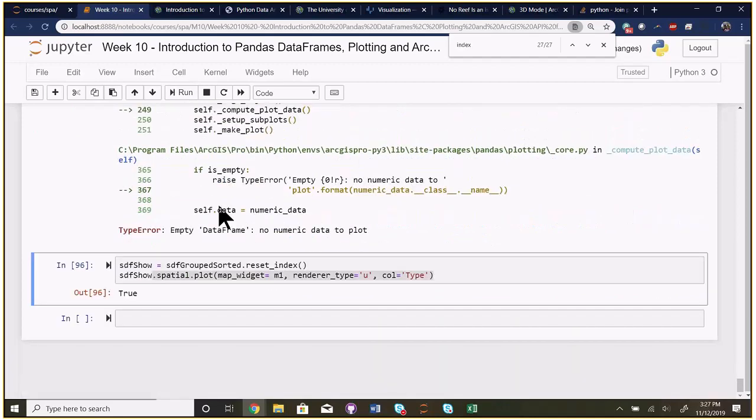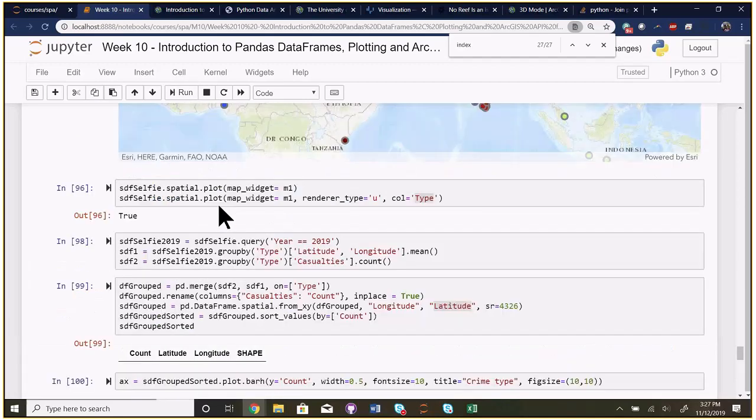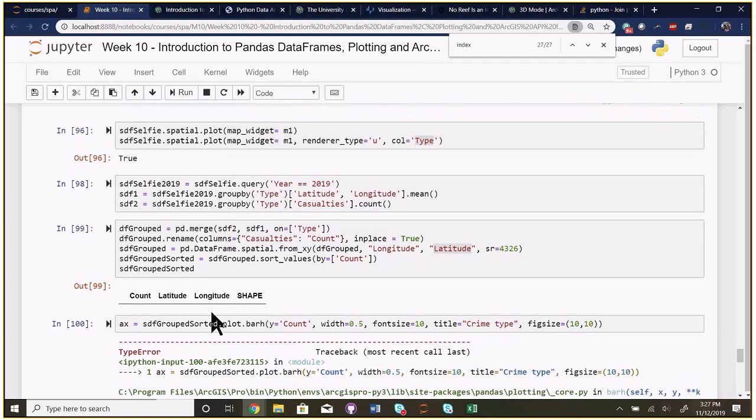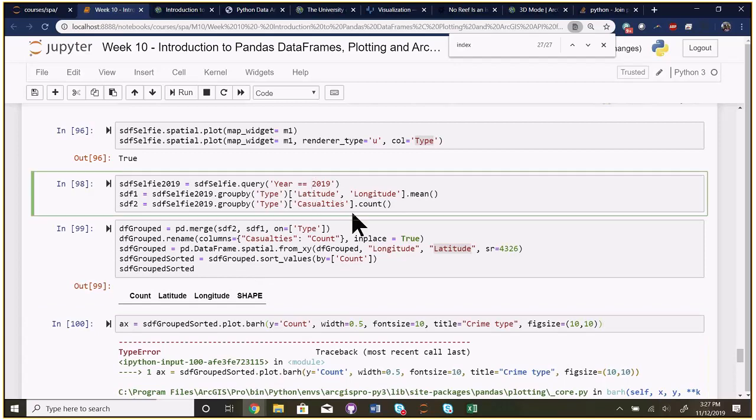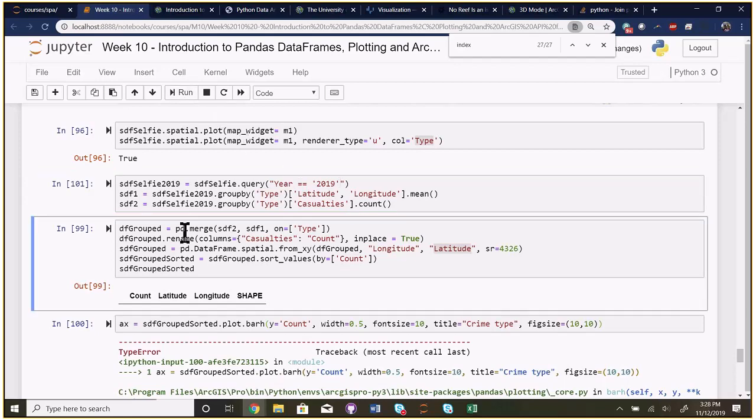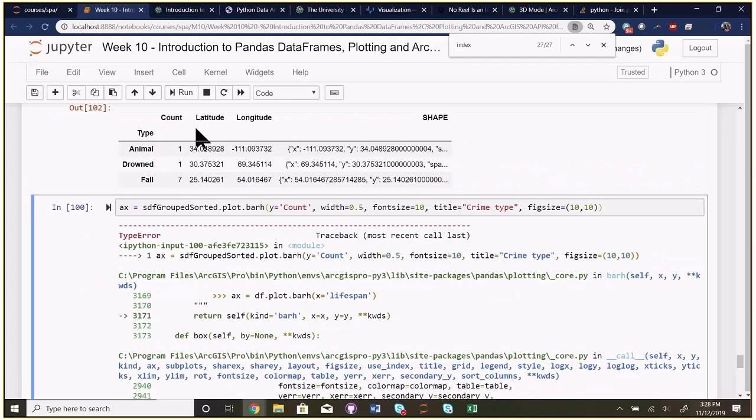Whoops. No numeric. Let's see what happens. Oh, so in 2019, it's a string. Do something like this. There we go. So now we only have animal